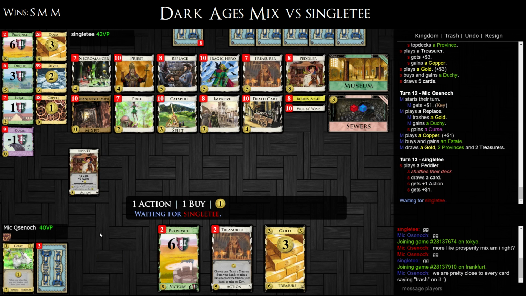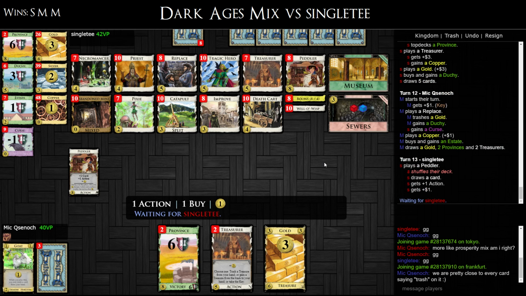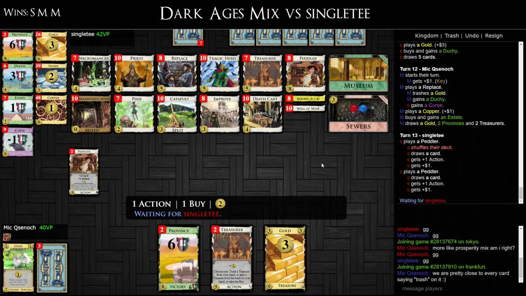Eventually his Necro is going to give him flexibility as far as hitting the province when he wants to. Not to mention I just put a gold in the trash. I should have put copper in the trash and bought the duchy. That was pretty stupid. I didn't count the key money. I didn't really even think about it, to be honest. That was just really dumb, though. I'm not sure how many coppers I have left, so maybe the copper trash wasn't okay, but...